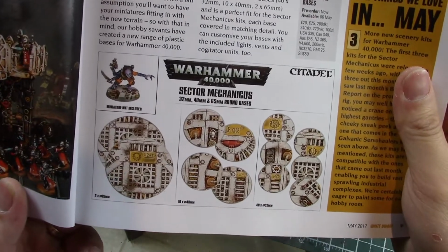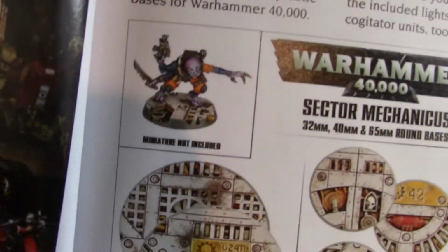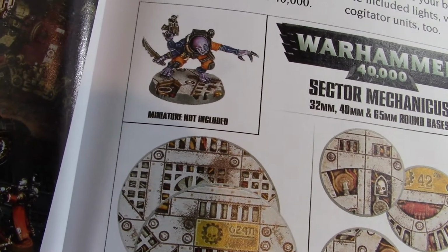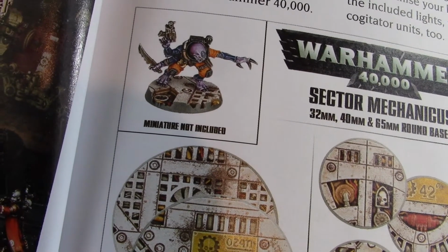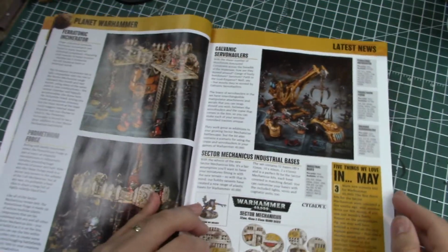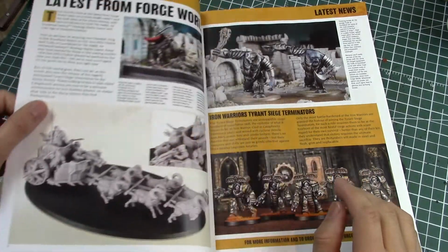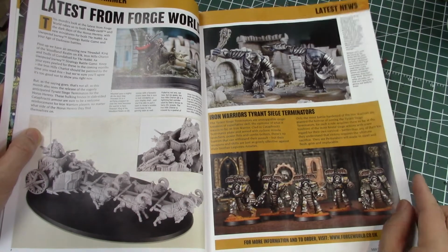And then, of course, these Sector Mechanicus bases. Now, the thing you'll notice about these bases is that the bases wrap over the edge. So they go all the way down. Isn't that cool? That's the first time I've seen that. Very cool. That would be a nice base set for Genestealers. So if and when I work on my Genestealers, I might consider that, but I have to rebase them again. So more from Forge World about